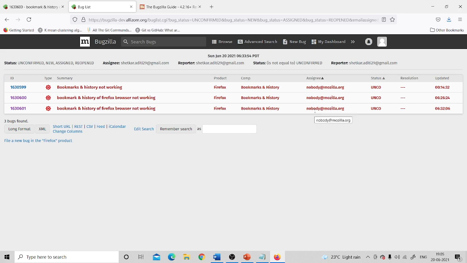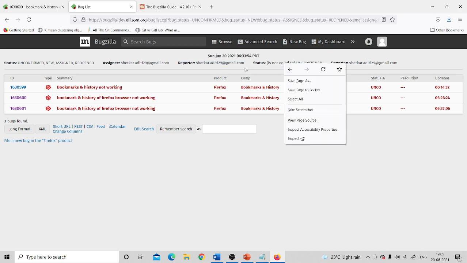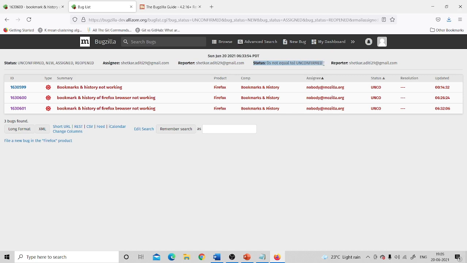They are going to check it and confirm the bug first, and then they are going to fix it. Status is unconfirmed. It is not confirmed yet. Whenever the assignee checks and sees the bug which I have reported, they will change the status to confirmed, and at that time I can see over here confirmed bug or fixed bug if they have fixed it. Okay, updated means what time I have sent the bug. That time is coming over here. So who is the reporter? See, the reporter, my email ID is coming because I have reported. Status is coming unconfirmed because it is not confirmed yet by the developer or by the assignee whom I have assigned the bug for fixing.